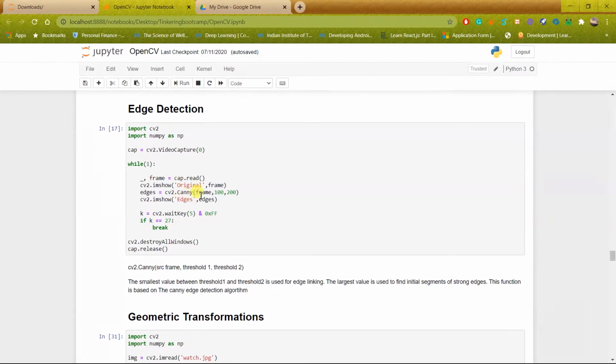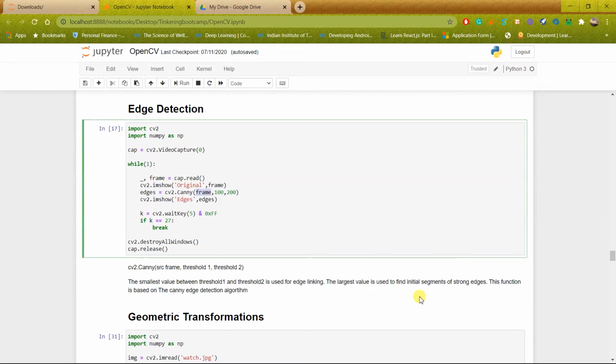cv2.Canny, and then I am specifying my input image, input frame, and after that these are two values, 100 and 200. So what does this mean? First is threshold 1 and second is threshold 2. The smaller value between threshold 1 and threshold 2 is used for edge linking, and the largest value is used to find initial segments of strong edges.